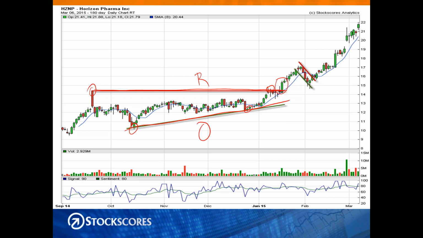So that's an ascending triangle. This is that unique pattern I talked about, which isn't really a convergence of volatility, it's more of a pullback. So we have an upward move, and then we have a pullback, and we have a break of a pullback right there. This is a great buying opportunity. It's a break of the pullback. This is called a flag pattern. This little thing here, it looks like a flag. And when you get breaks of flags in upward trends, you often see price continue higher. I use that a lot when I'm day trading.